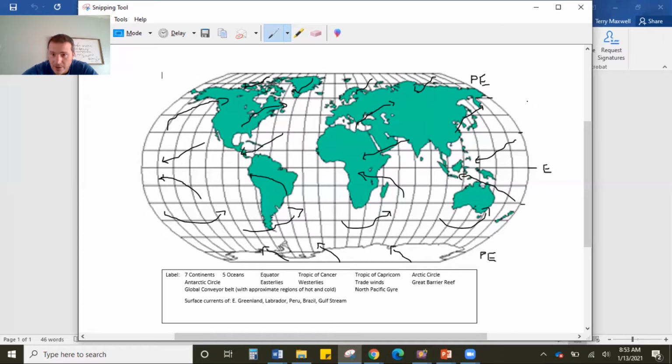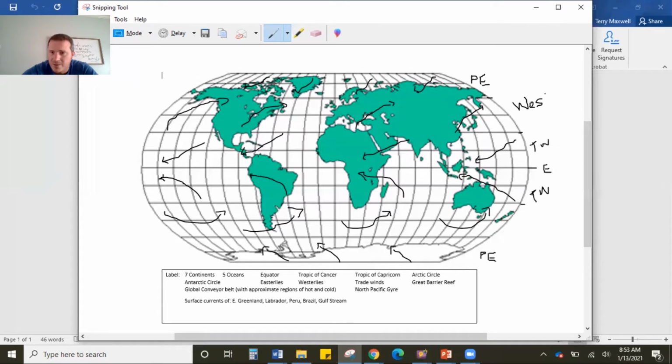We have our trade winds. From 0 to 30. And then we have our westerlies